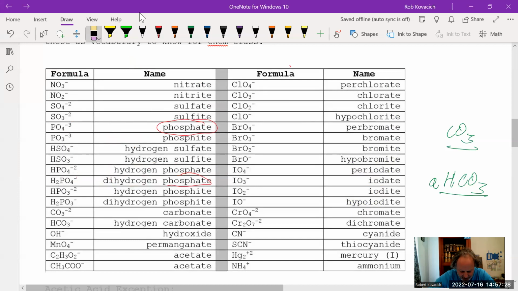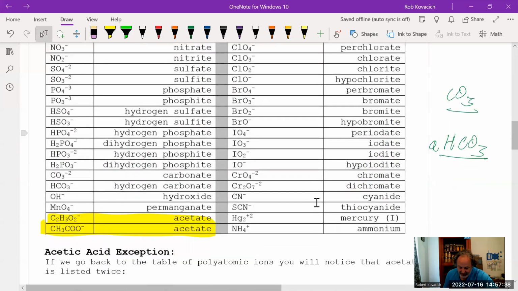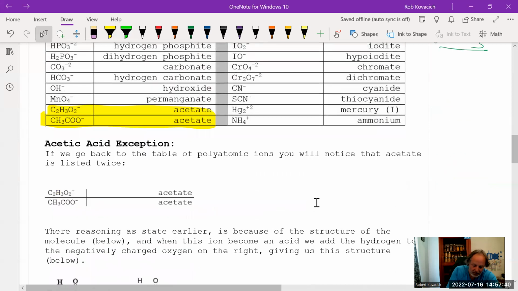A couple of other things to note on this list. I've got acetate written twice. And let me scroll down and show you why that's the case. So these are the 2 ways to write acetate. So C2H3O2 is sort of like saying 2 black Legos, 3 yellow Legos, and 2 orange Legos. Put them together, and they don't tell you how. On the other hand,